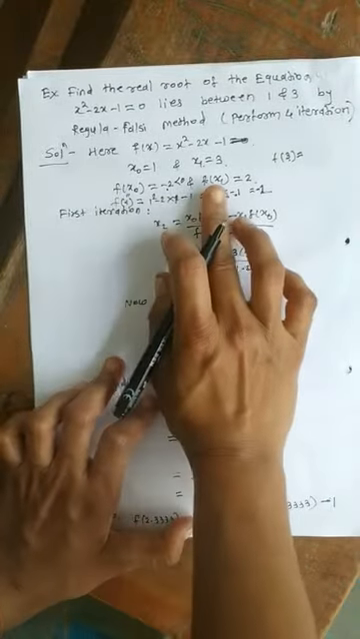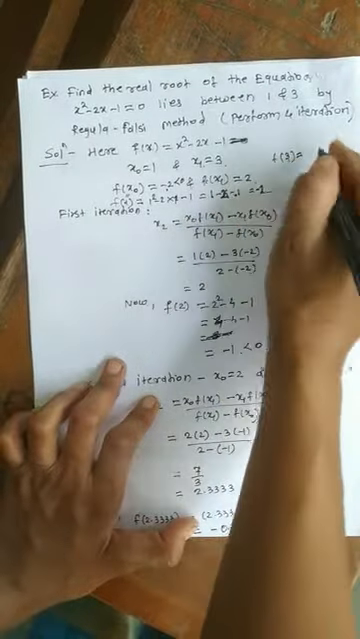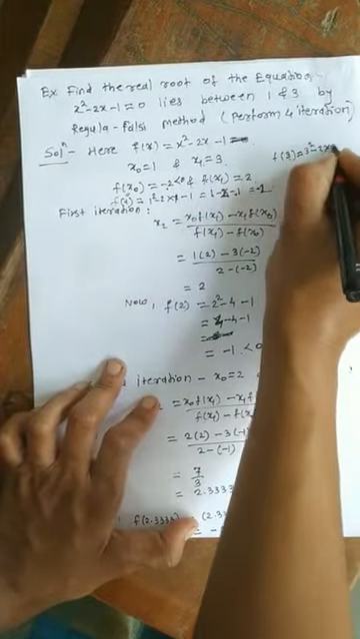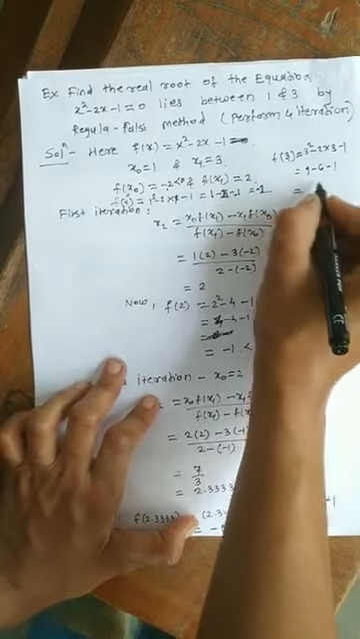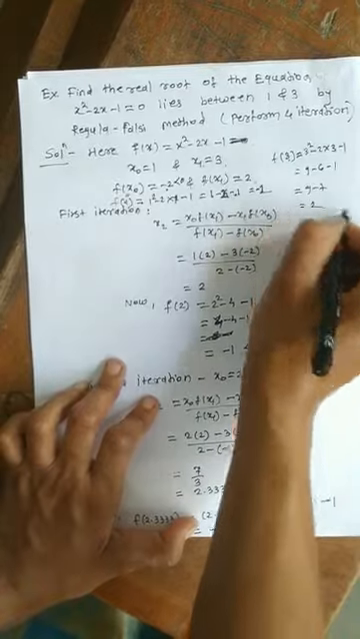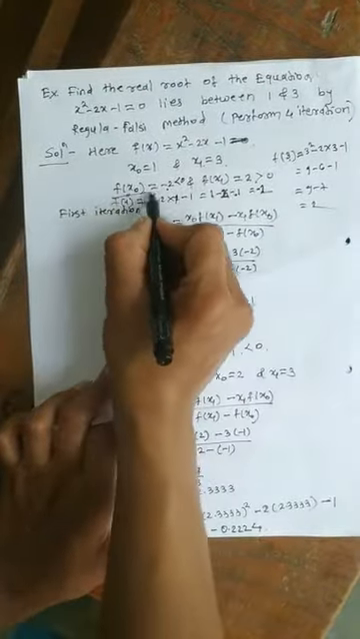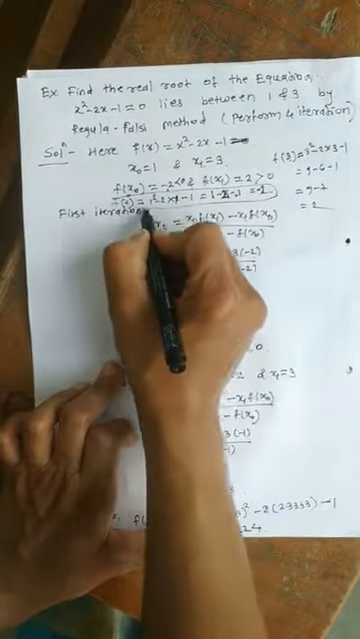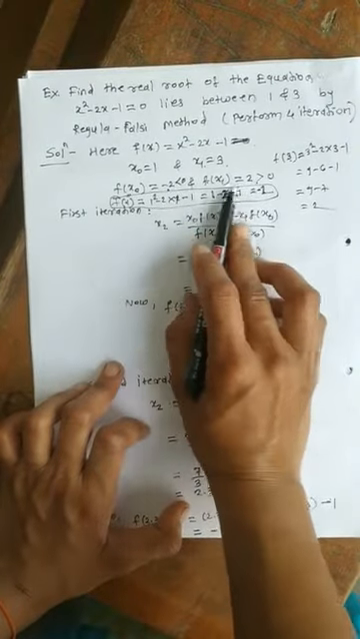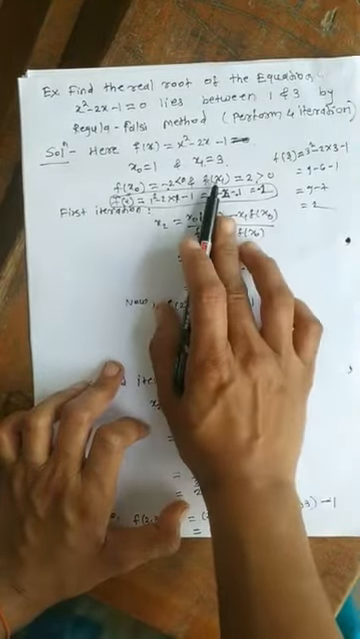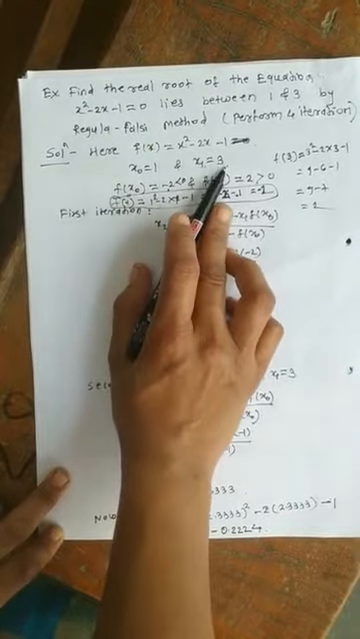Okay, f of x1 is equal to f of 3, and f of 3 is equal to 3 square minus 2 into 3 minus 1, which is equal to 9 minus 6 minus 1, which is 9 minus 7, which is equal to 2, and f of x1 is greater than 0 because it is positive. This rough work we take in a bracket. Okay, so f of x naught is less than 0, f of x1 is greater than 0, the criteria is fulfilled. So in the first iteration we take x naught is equal to 1, x1 is equal to 3,